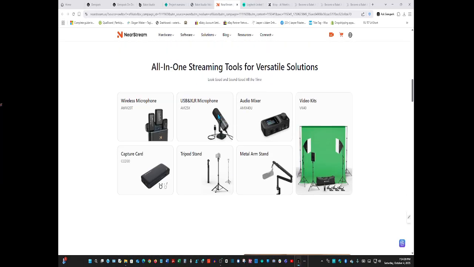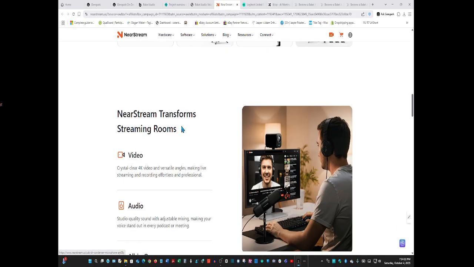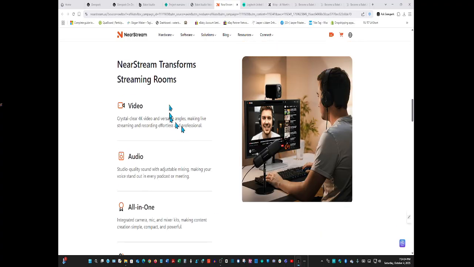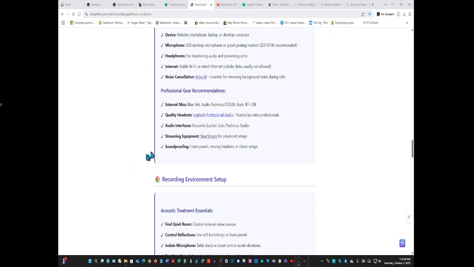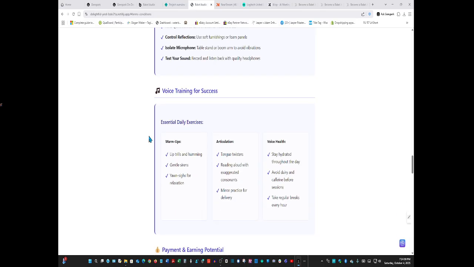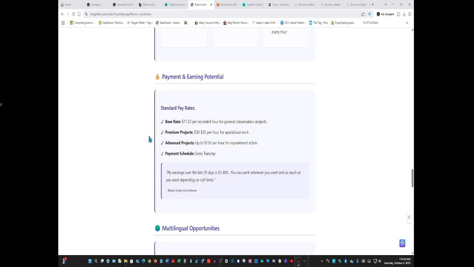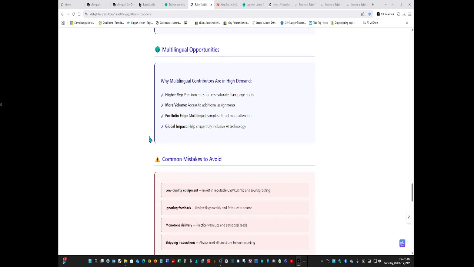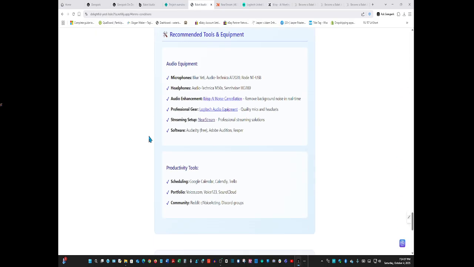See, they got microphones. That's why it's there. Okay. Acoustic treatment. Okay. Low quality. Recommended. They're there again. So make sure they open. They do.